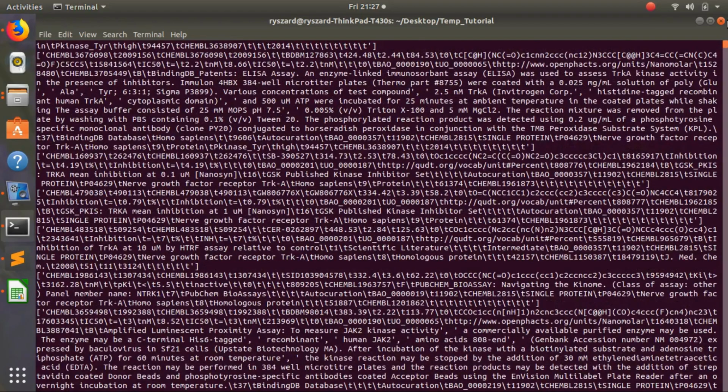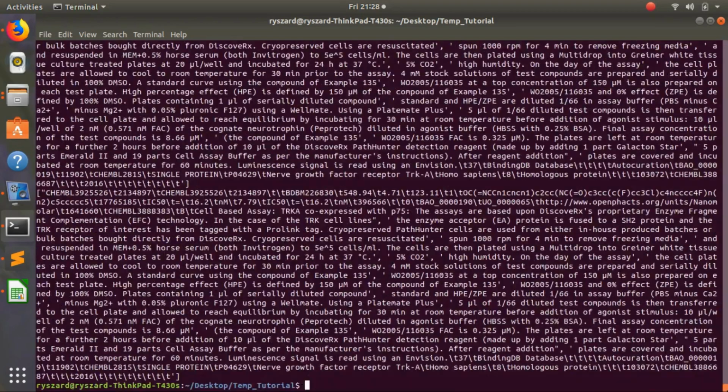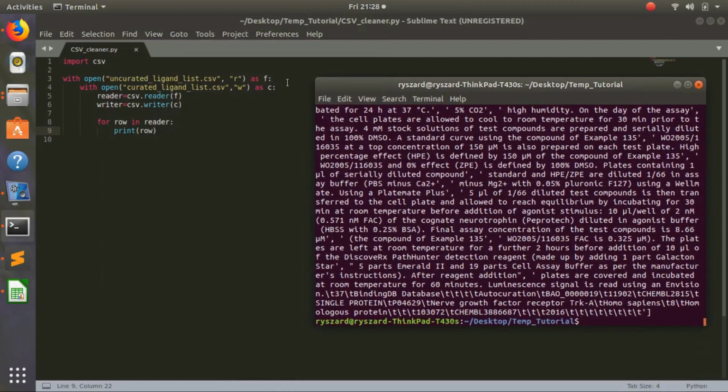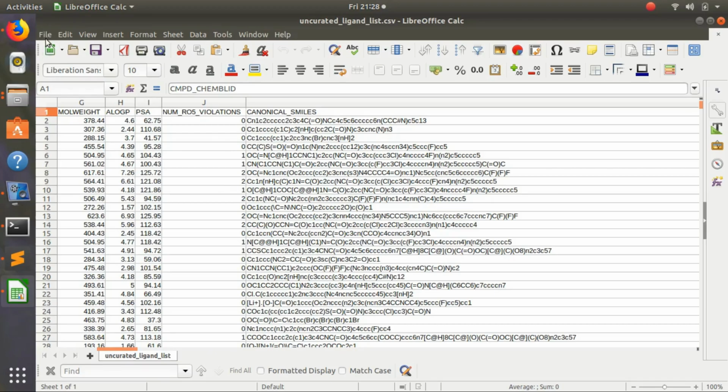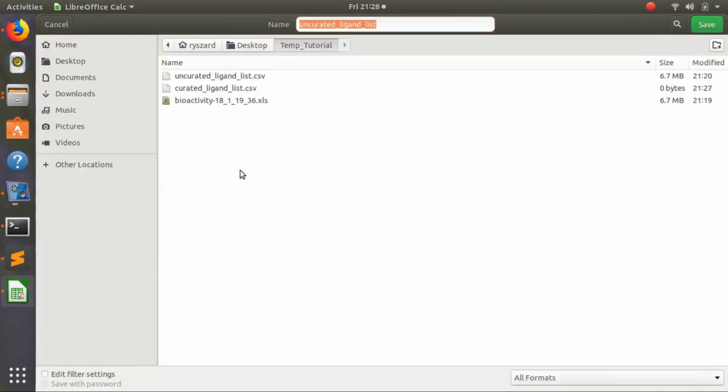Yeah. So it even ran out of space to print because it's not clean. Okay. So we want to extract data from it. However, I think it's maybe not saved properly because it's printing the delimiters wrong. So if we can save it as uncurated ligand list,